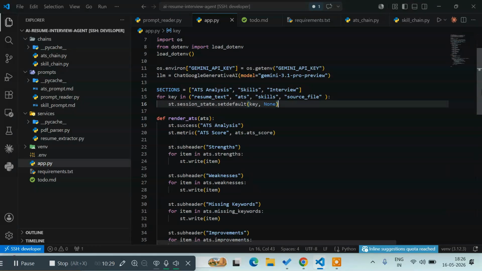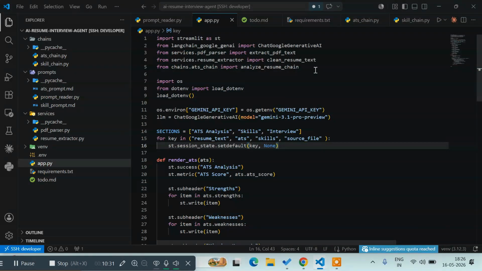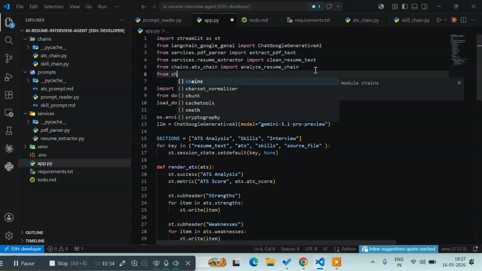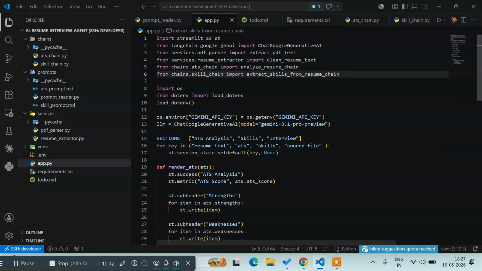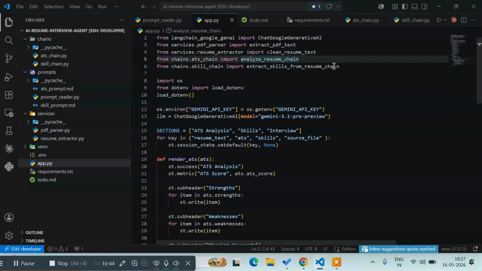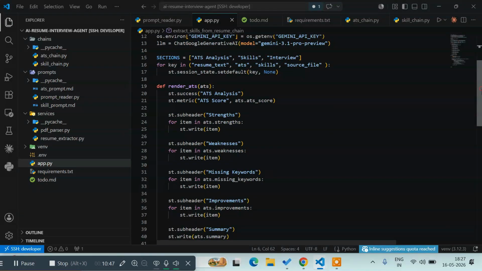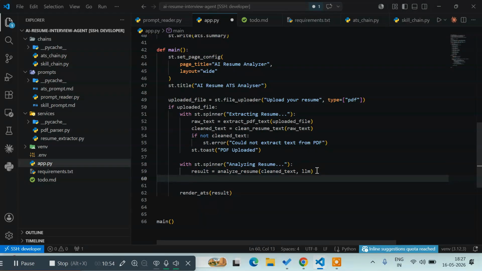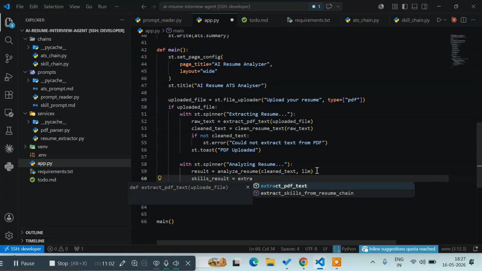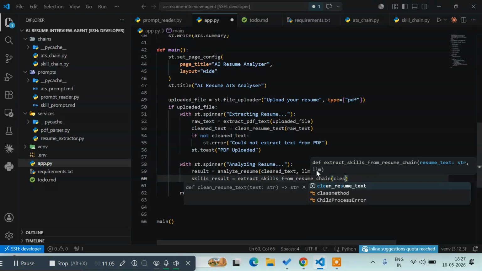Now the next thing is we have to import our other chain, which was the skill chain. From chains dot skill chain import extract skills from resume chain. So now see we have 2 chains: analyze resume chain and extract skills from resume chain. So one thing is you can just do this: result analyze resume. Similarly, maybe skills result, and then pass extract skills from resume, pass the clean text